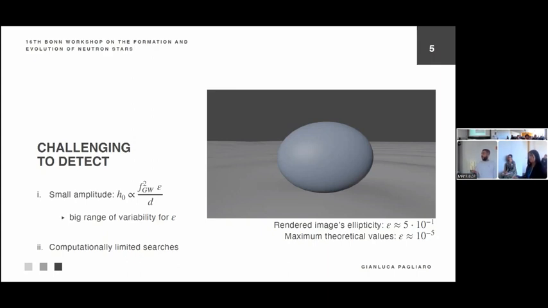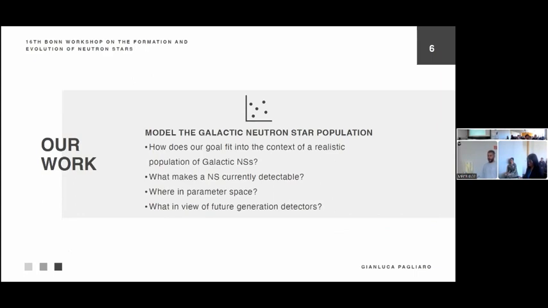For the sake of completeness, here I'm using that epsilon parameter that was introduced before. It's called ellipticity, and basically it's the degree of non-axisymmetry, which I will loosely refer to here as deformation. Based on this last fact, our work is intended to be a first step towards optimizing all-sky searches. Differently from what Anjana told you about, all-sky searches are blind surveys looking for continuous gravitational waves in the galaxy, coming from galactic neutron stars.